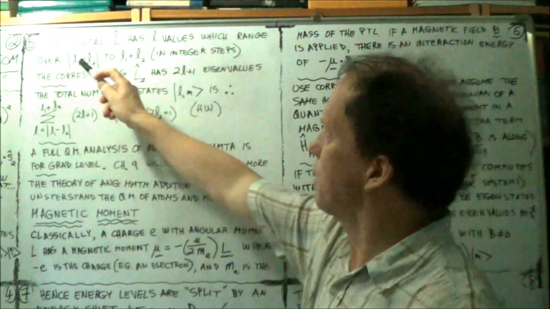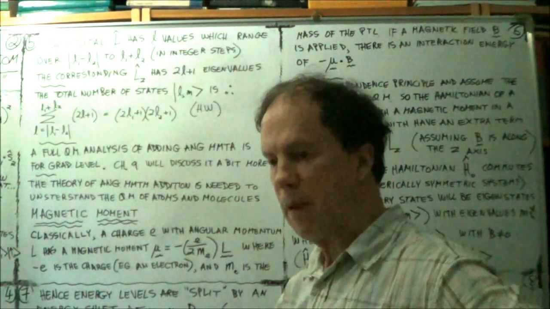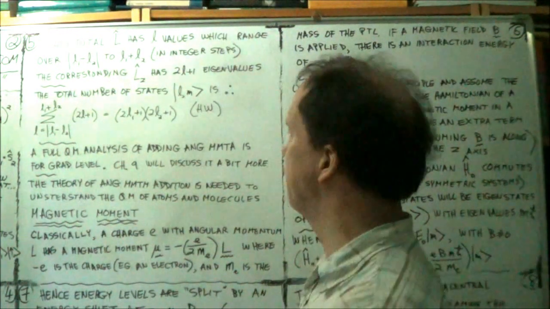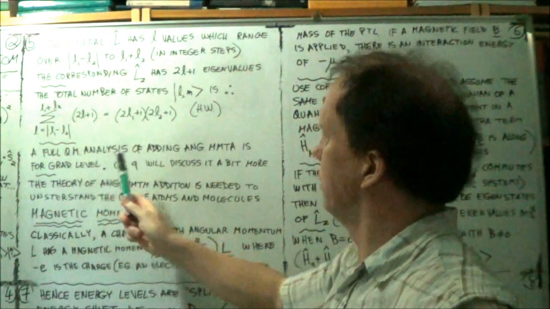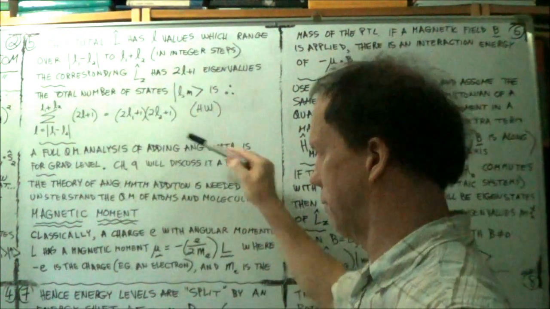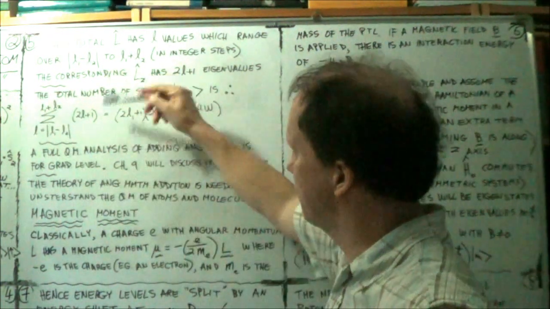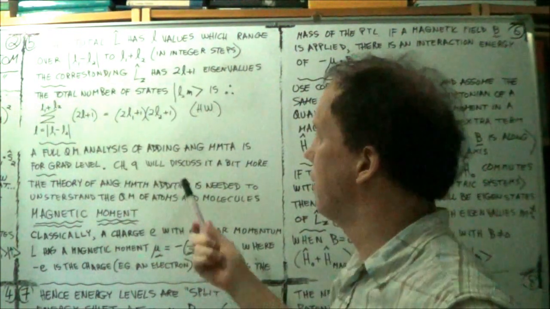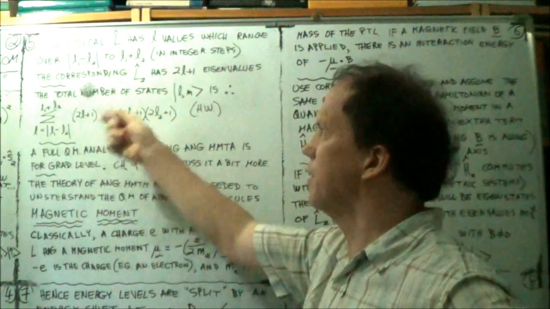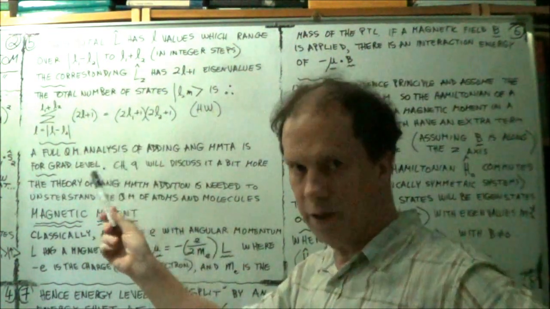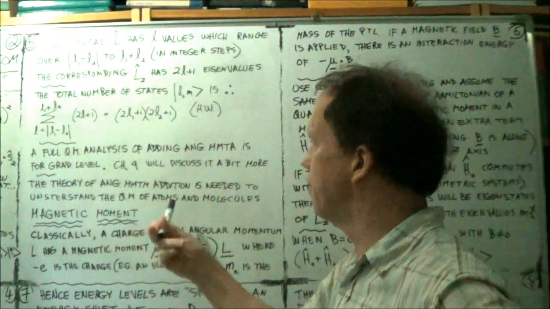Okay, so that's just thrown at you, but it gives you a taste of what's coming in quantum mechanics of angular momentum. So we're saying here, it's more at grade level. Chapter 9 will talk a little bit more about it. We'll do some of this, right? And why is it, if most of it's at grade level, why is it being talked about here at undergrad level? And the answer is we need to know some of the stuff because